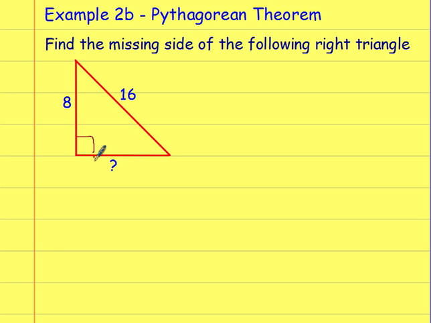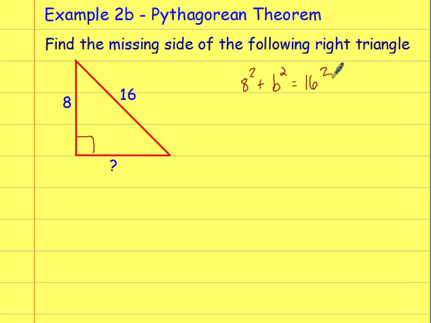So then when I set it up, how's it going to be different here? 8 is really what? A or B? Does it matter? No, so I can make it A or B. I'm going to say A, so it's going to be 8 squared plus B squared. Do I have to call it B, by the way? I could call it X, Y, happy face, it doesn't matter. B squared is equal to